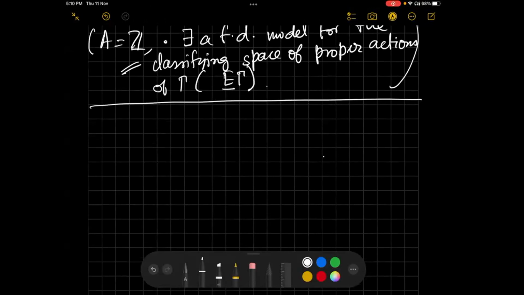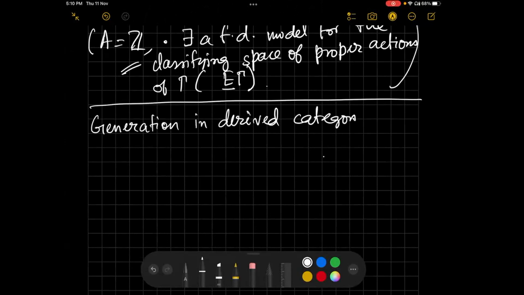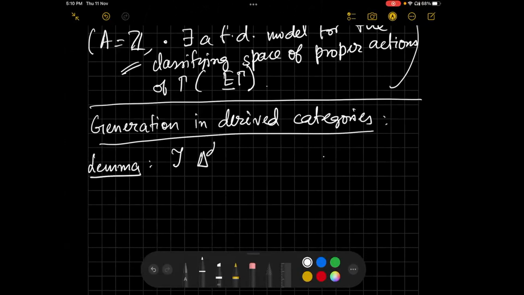Now we come back to generation in derived categories. The thing to note here is that, first things first, a very elementary lemma. Let's say T is a triangulated category, let's say T is either the derived category of bounded complexes over some ring or unbounded complexes, doesn't matter. If S is a triangulated subcategory of T